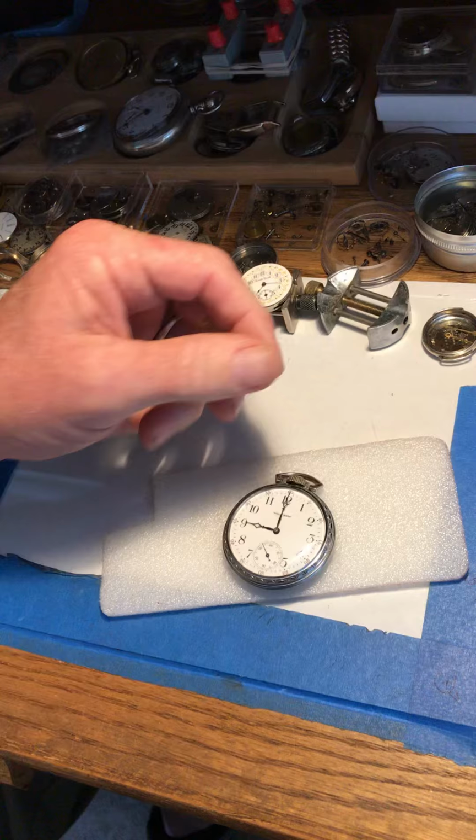And this is, I believe, hold on, this is a Keystone case. It's Silveroid. And it's very nice. And when it says guaranteed 20 years on it, that means it's, well, this one's gold filled. I mean, this one's a Silveroid. So there you go. So screw the back on. Sorry to give you some wrong information. Silveroid case, good condition,